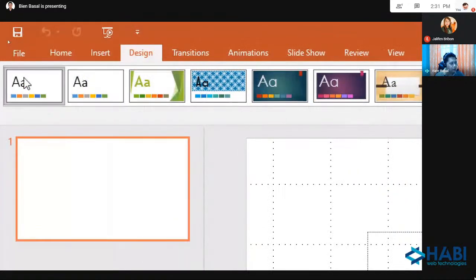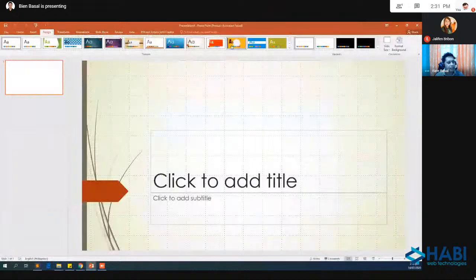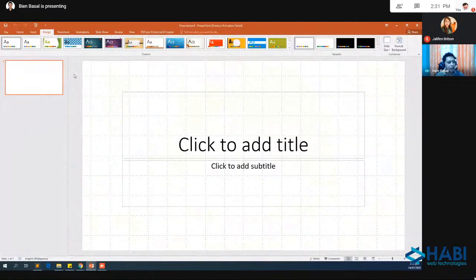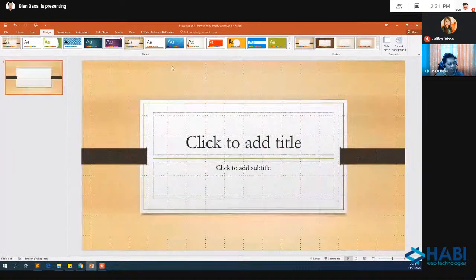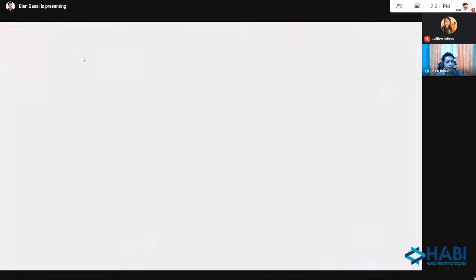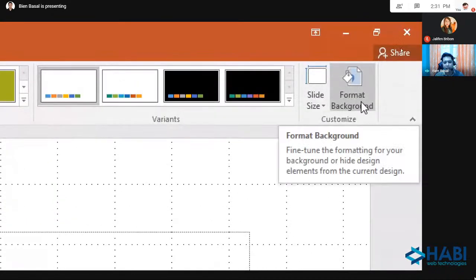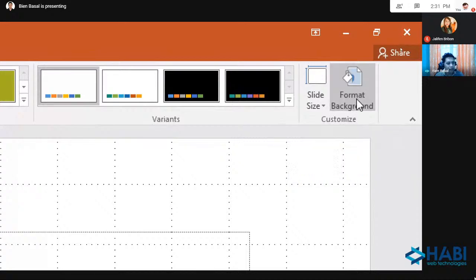We have here options po. These are templates. Okay? These are all templates. Hindi po tayo gagamit ng template muna ngayon. But if you have time, you can explore po ito. All you have to do is select lang po yan, and mag-a-apply po siya ng template. Kasama na po yung background formatting. Sa case ko po, hindi po ako kukuha ng background. I will focus po dito sa right side dito, which is format background. I will click format background.